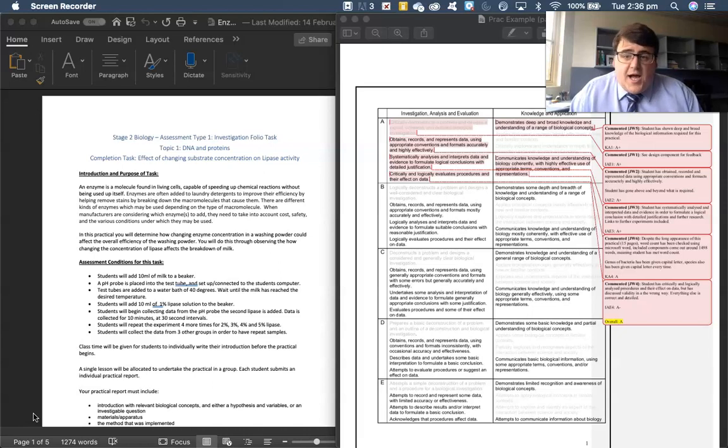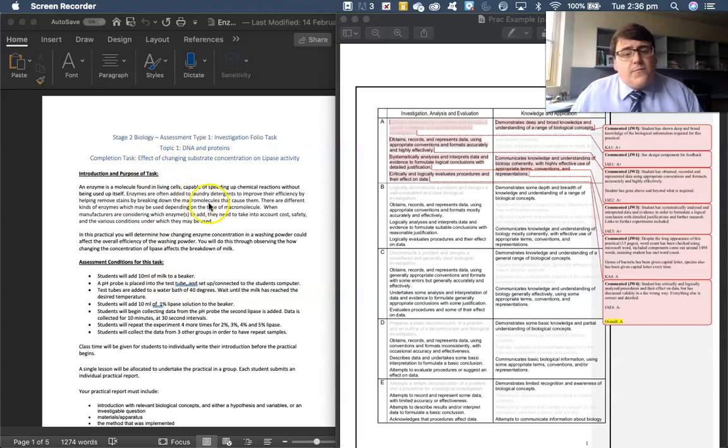Now, this one's going to be targeted for a Stage 2 practical report. If you're watching this for a Stage 1 report, everything's mostly the same, except you've got a 1,000 word count for this. So we've got two different files up here. We've got the task sheet for the completion practical, which is the effect of changing enzyme concentration